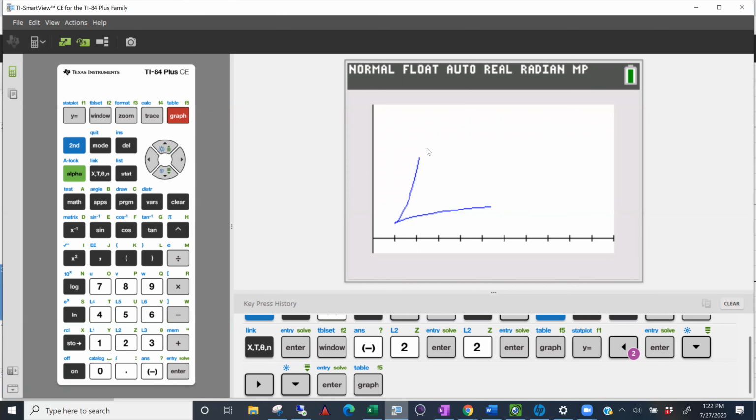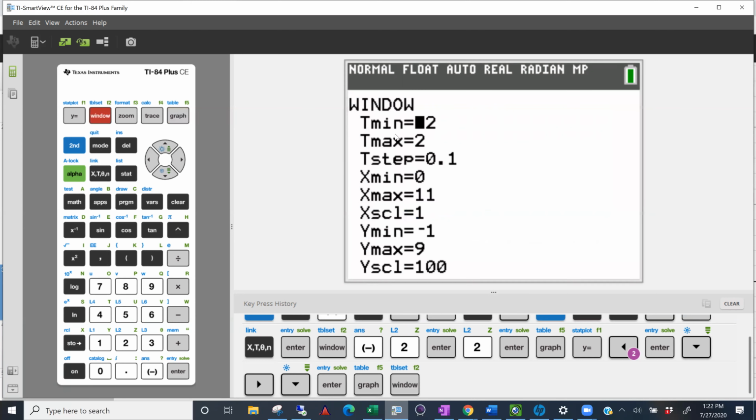Question? I don't know. It's just that my graph doesn't, like, I don't have two separate kind of lines. Yeah, I don't either. I don't have the line that's like following the x-axis. Did you adjust your window so that t was between -2 and 2? I believe so. And you're in parametric mode, right? Oh wait, yeah, I just changed the window. Yeah. Thank you. Okay, cool. Anyone else having problems with that? All right, so